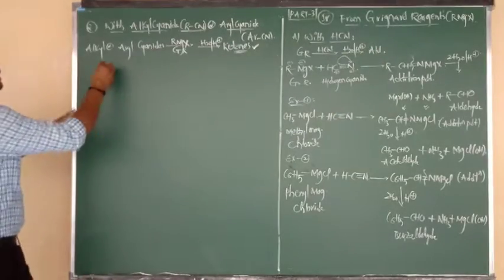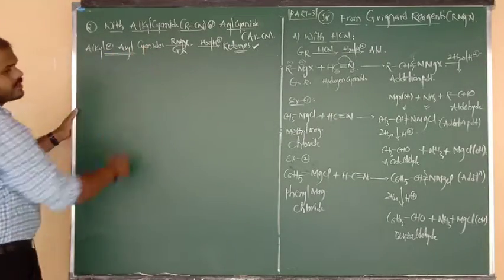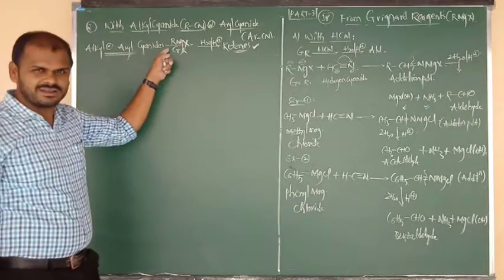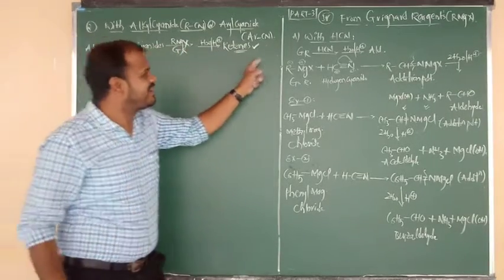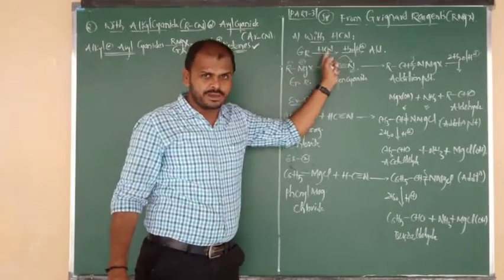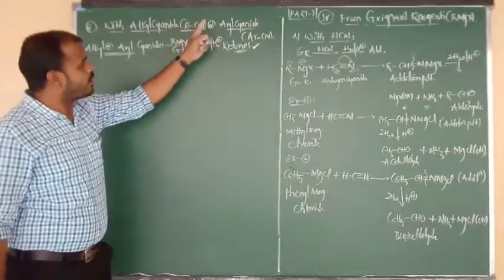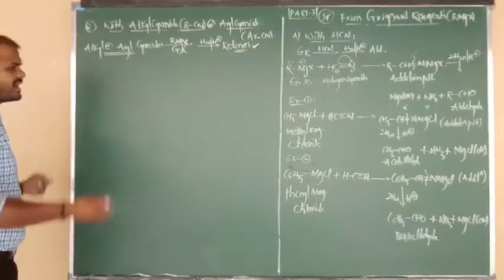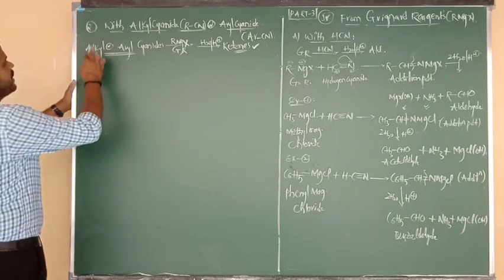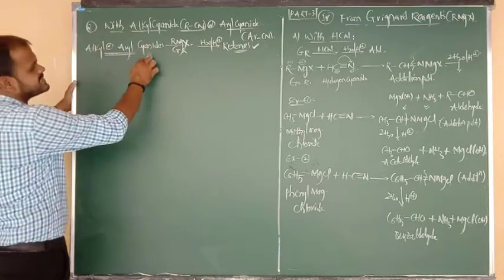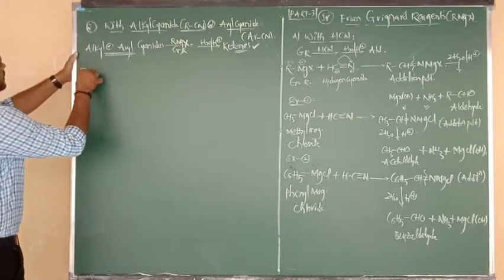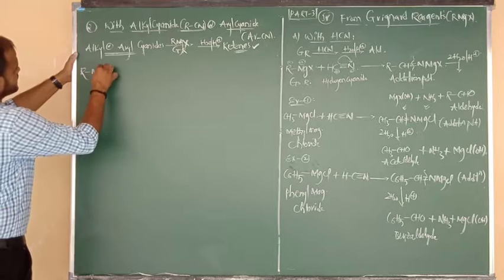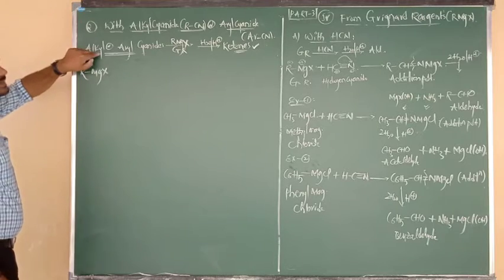What about here? Alkyl or aryl cyanides on reaction with Grignard reagent and followed by hydrolysis give ketones. HCN gives aldehydes, RCN or benzene CN gives ketones. Let me write the general reaction equation. First of all, I am going to consider alkyl cyanide undergoing reaction with Grignard reagent. What is the formula of Grignard reagent? RMgX.